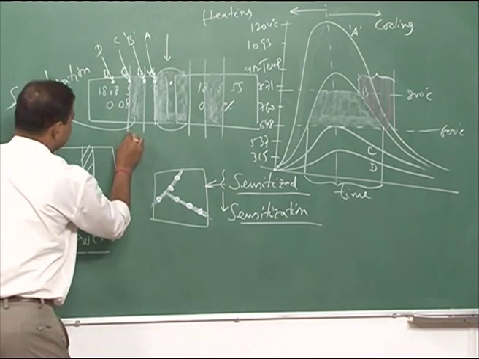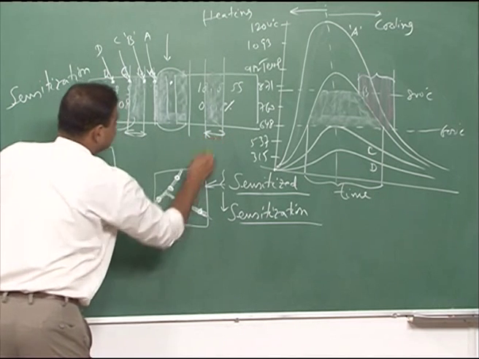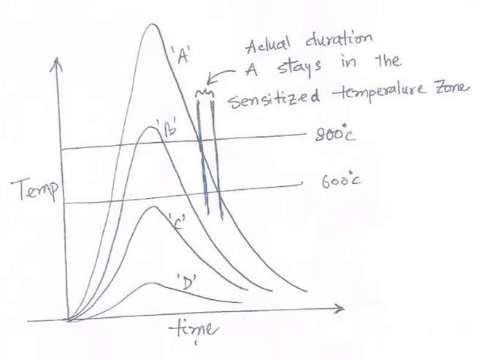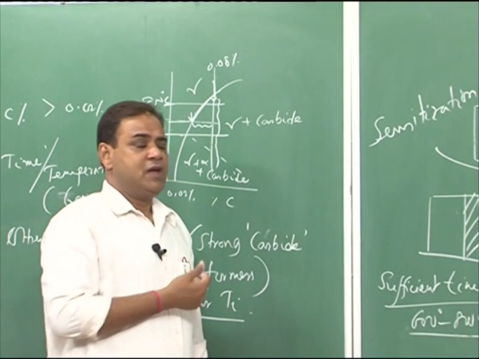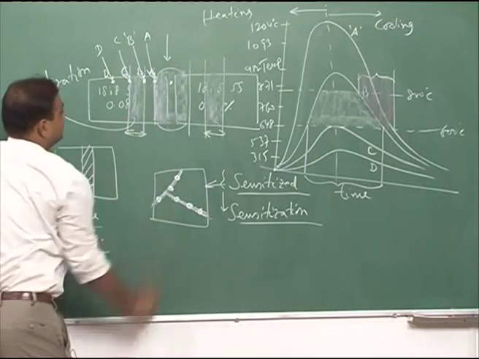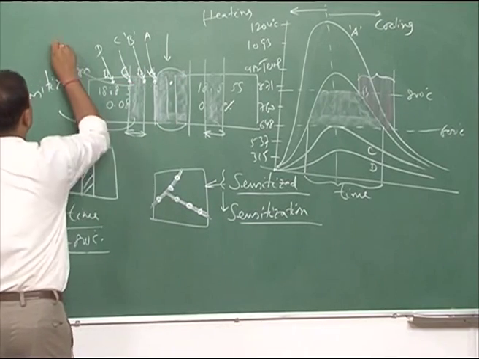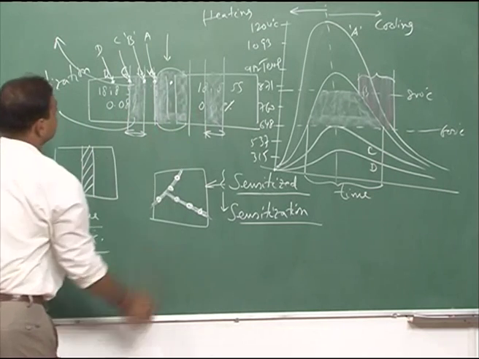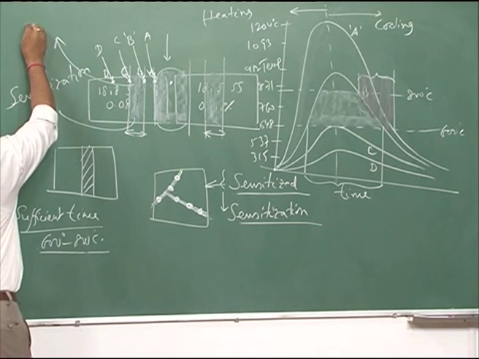So, this zone and this zone would be susceptible to intergranular corrosion, and the rest of the zone will not be susceptible, and there will not be any problem. So, the failure would occur along this zone, and this particular section generally is called